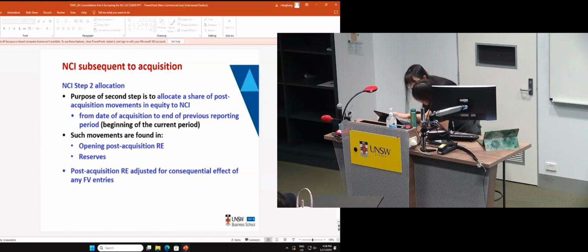So what happened here? You don't have power. You only have protection, right? Is to protect your interest. When there is no power, which means there is no parent-subsidiary relationship. So you can see parent-subsidiary relationship does not exist because these two parties only have protective right rather than substantive right. Okay.